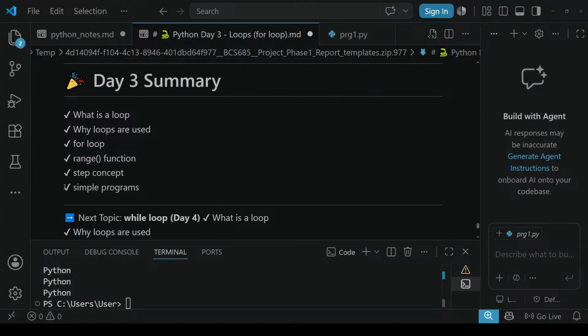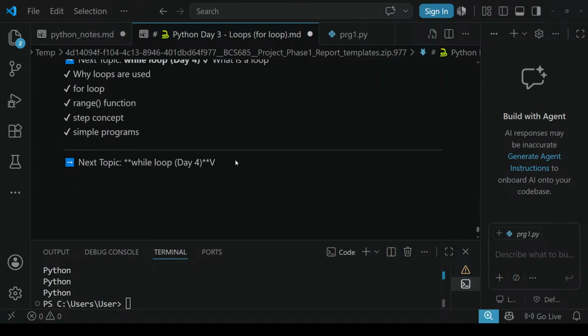Now we wrote only 2 lines of code, but Python prints it 5 times. This saves time and makes our code look clean. Okay. Next,